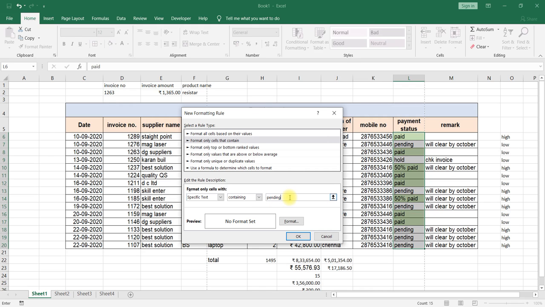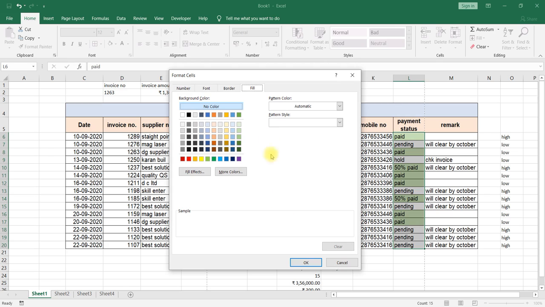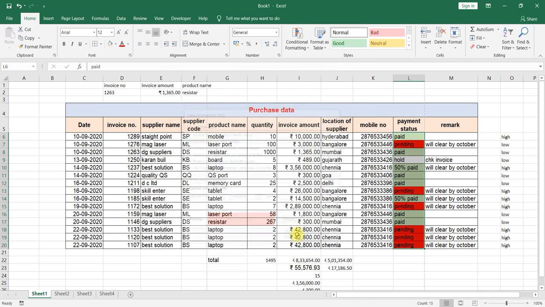You have to write the exact spelling, otherwise it will not be able to search. Format, fill, for example pending in red color, so that there is no need to read the text. By color itself you will be able to identify which are in pending status and which are in paid status.